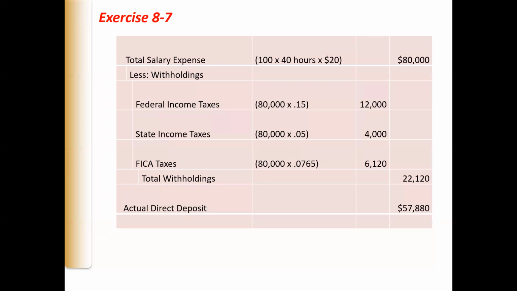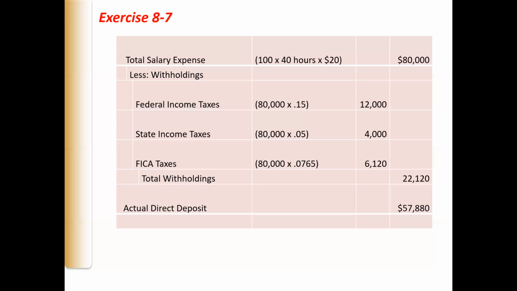So how do we calculate the payroll? We've got 100 employees times 40 hours a week times $20 an hour, which is $80,000. They told us to withhold federal income taxes at 15%, which would be $12,000. The state income tax is to be withheld at 5%, which is $4,000. And then the FICA taxes are 7.65%, so that's